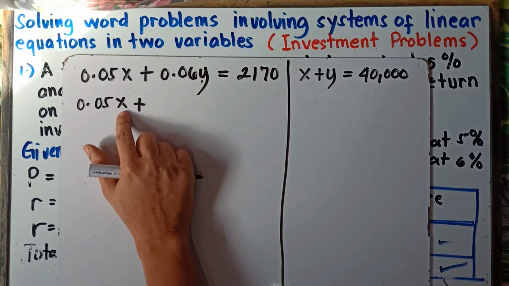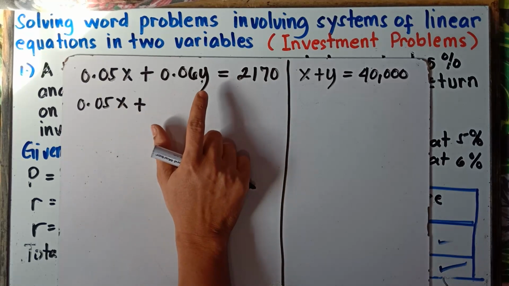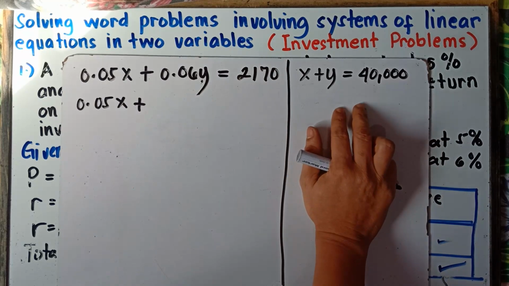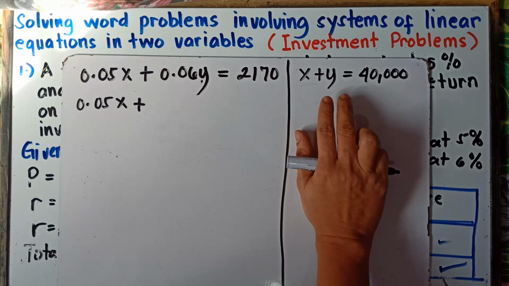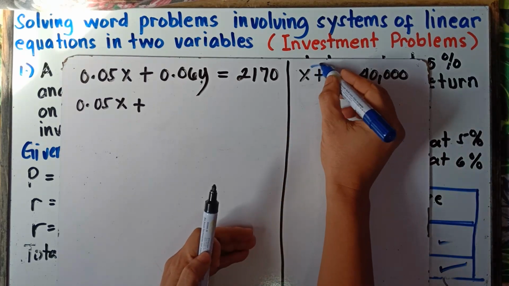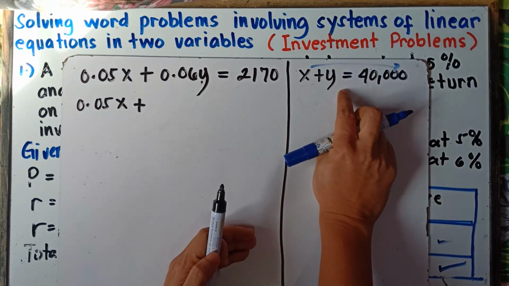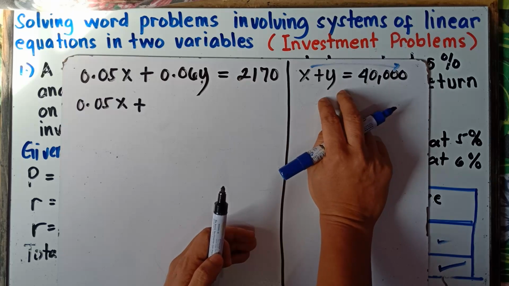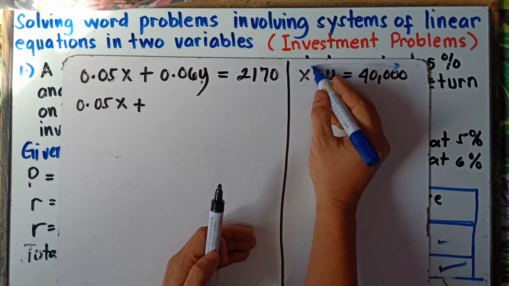We have x and then y. So therefore, class, we need to get the value of y based on this given equation. Now to find the value of y, we simply transpose x from left to right. Once you transfer from this equal sign, you change the sign, class.